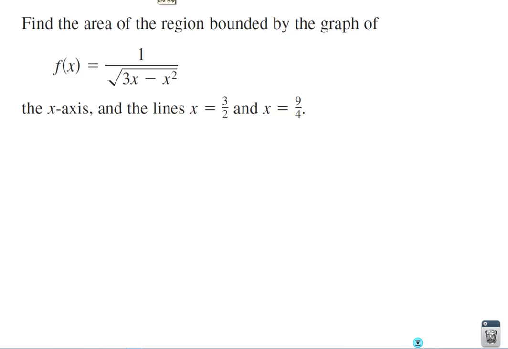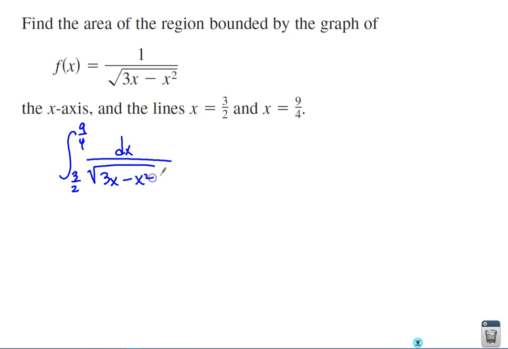Find the area of the region bounded by the graph of f of x equals 1 over the square root of 3x minus x squared, the x-axis, and the lines x equals 3/2 and x equals 9/4. All right, so essentially I'm finding the definite integral from 3/2 to 9/4 of dx over the square root of